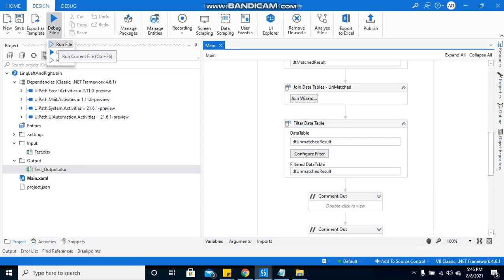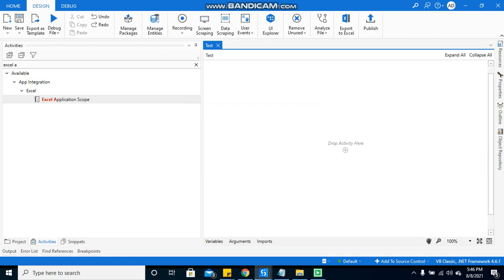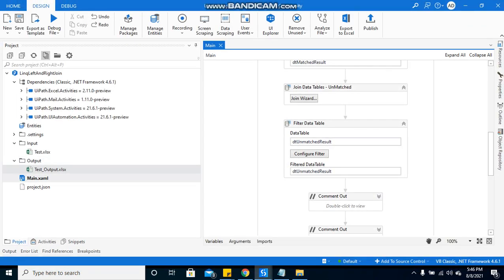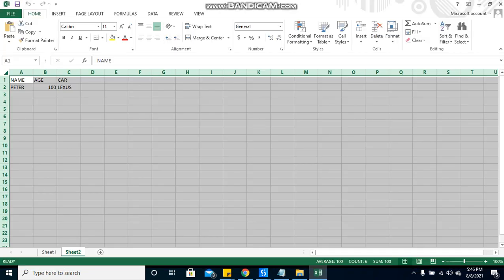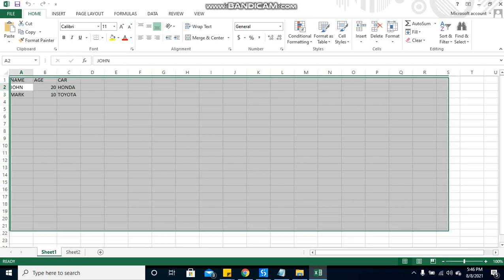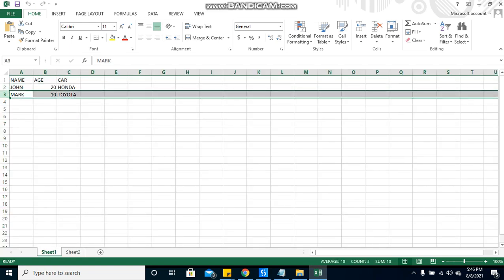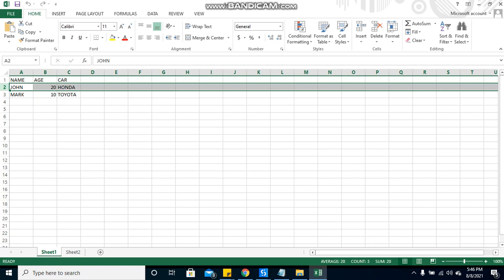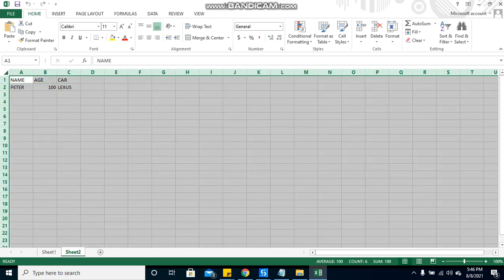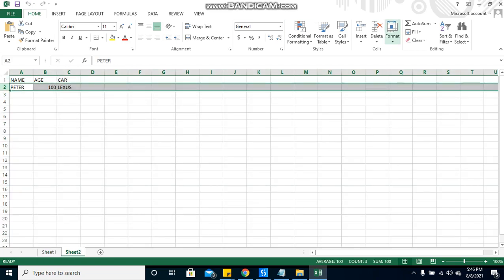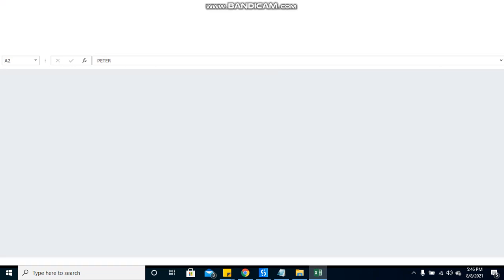Let me remove it and run it again. Now if I see the output, in sheet 1 you see John and Mark. We were looking for this output, which is perfect, and in sheet 2 we have Peter. So this is basically the matched record and this is the unmatched record.